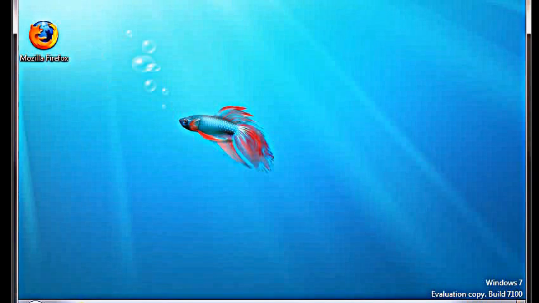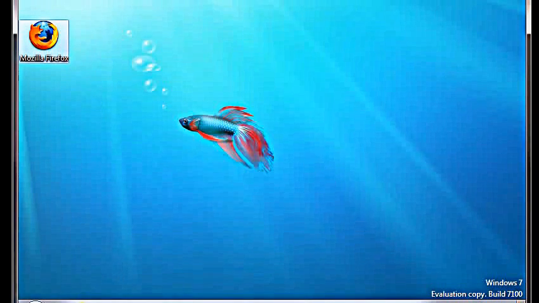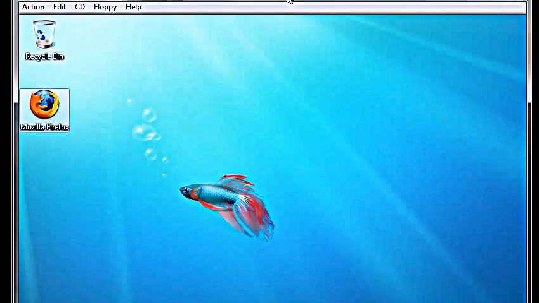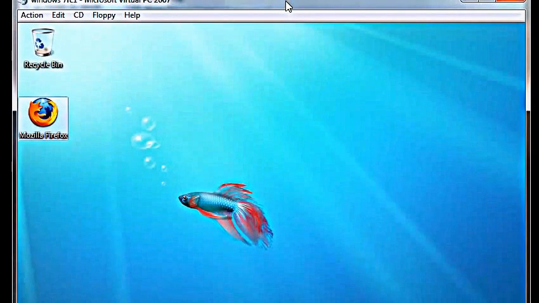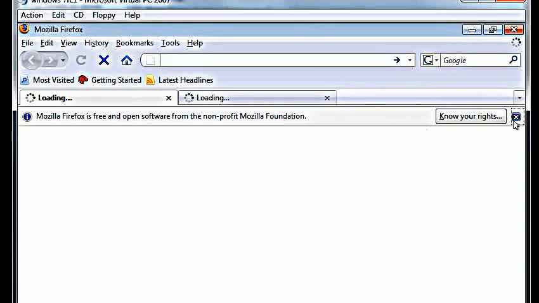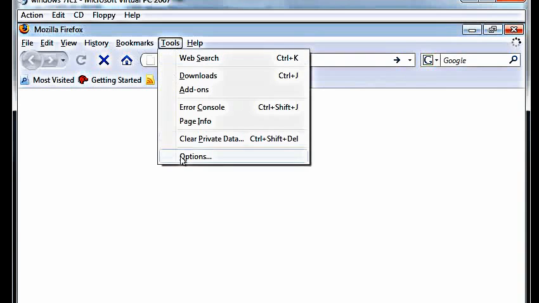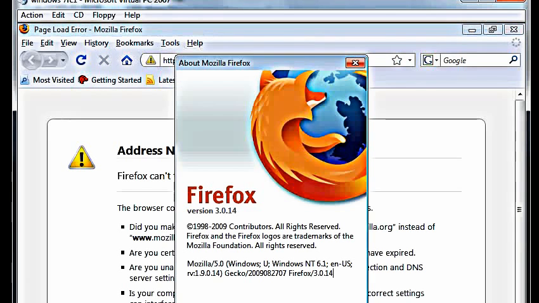And there it is. There's Mozilla Firefox. It's wanting me to set up, don't import anything. There's probably an option that allows me not to require any user interaction when I install it. But that's a little beyond the scope of this video. I want to do Help and About Mozilla. So you can see that it's Mozilla